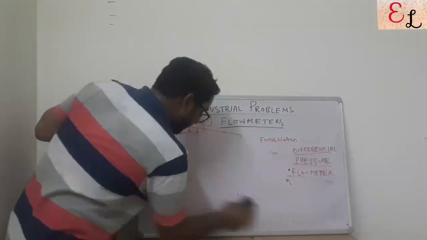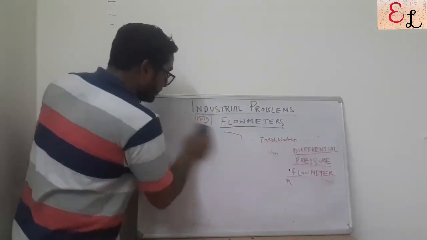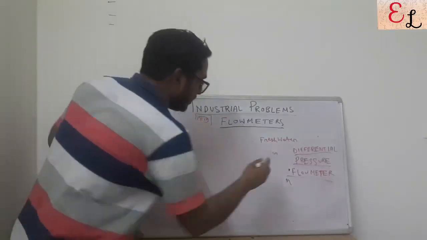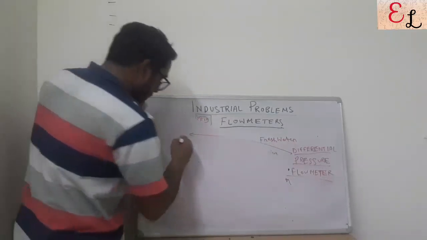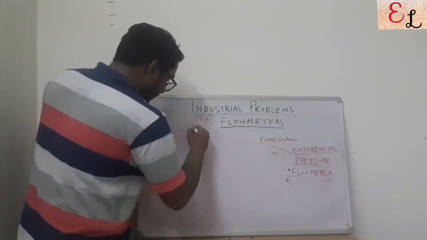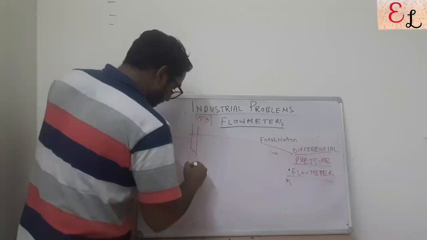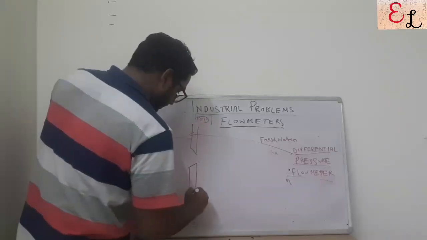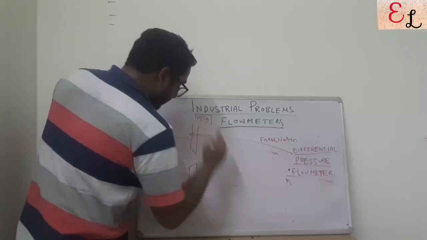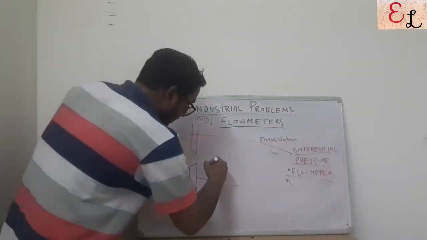So if we come straight away to the working principle of a differential pressure flow meter, what is happening? Let us discuss the same with an orifice meter. An orifice plate is given like this. This is an orifice plate that is inserted in the system, and a differential pressure flow meter is basically measuring the pressure here,